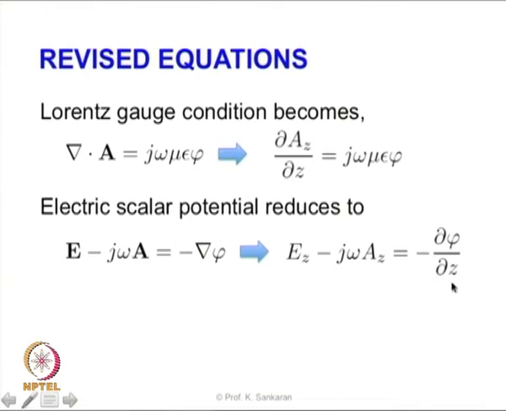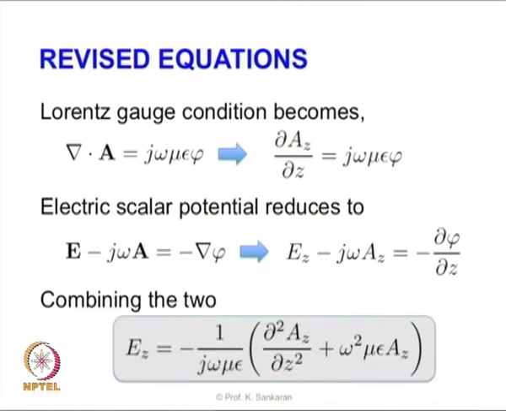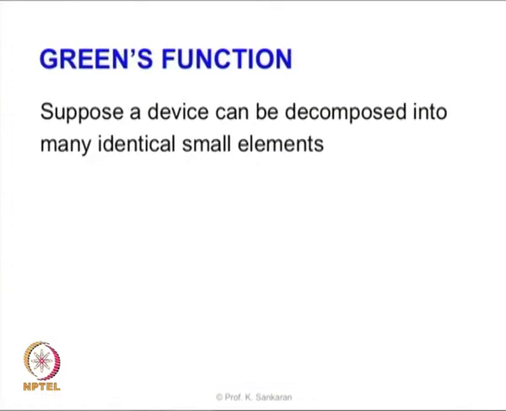There is only variation in the z direction, and combining both this equation and this equation you essentially get the expression for Ez using only the magnetic vector potential, and that is the reason why we started with the magnetic vector potential. You wanted to compute the value of the electric field as a function of the magnetic vector potential, and the idea now is, suppose that you have